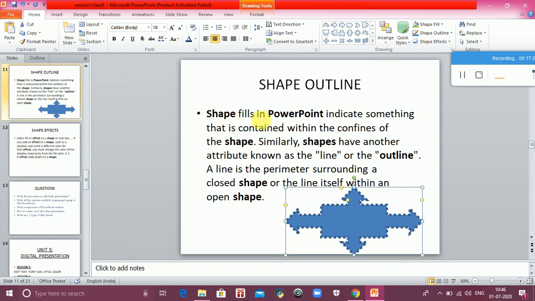So shape fills in PowerPoint indicate something that is contained within the confines of the shape.